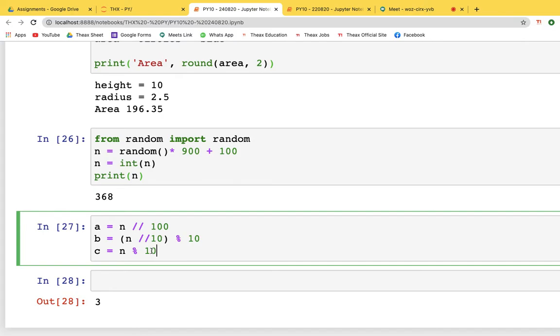So if we want to do the same in Python, do we need to go for any module,